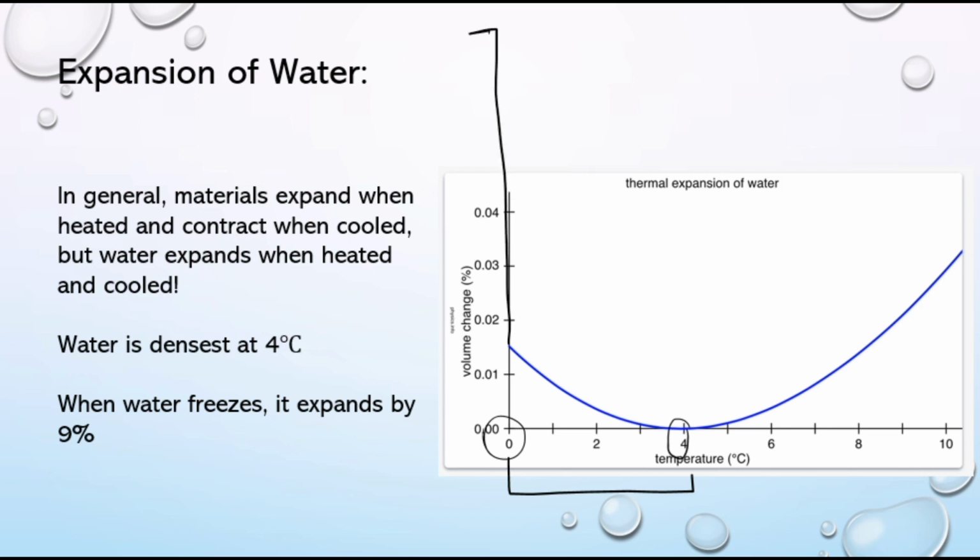Oh, that'd be way up here. And expands by 9%. So this is how we burst our pipes. This is what allows ice to float on water and fish to live under ice in the winter. So it's very, very important, and it's very, very irritating if you're designing anything that has to contain water that might freeze. That's all I have to talk about for thermal